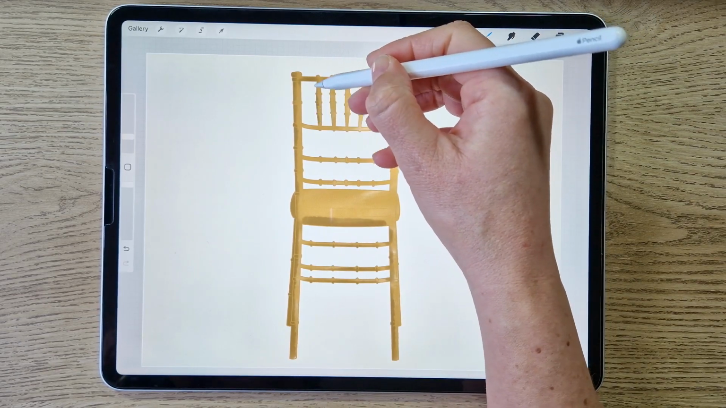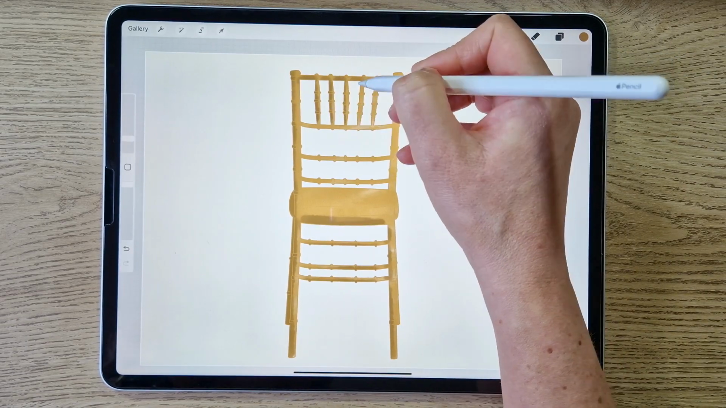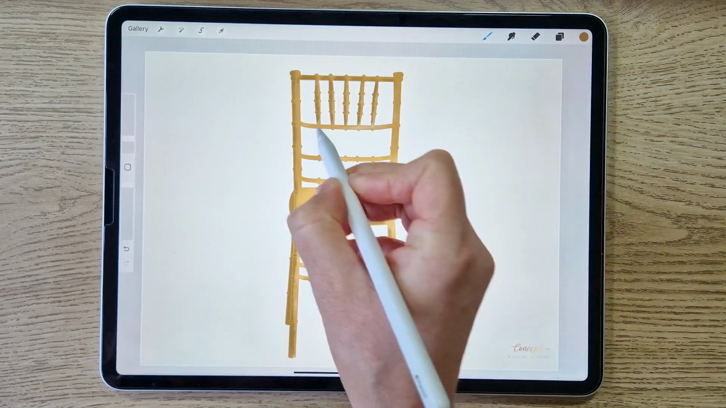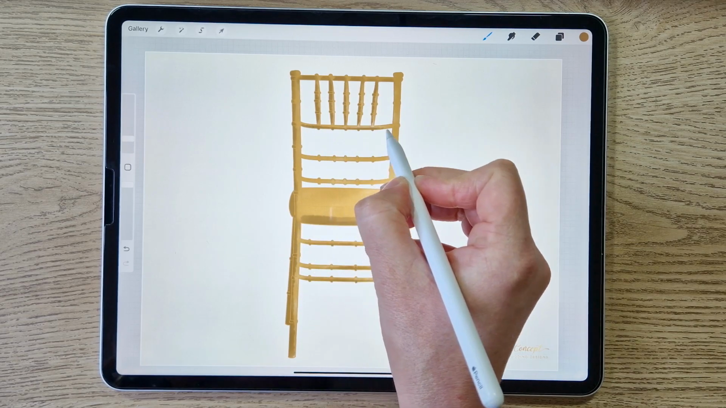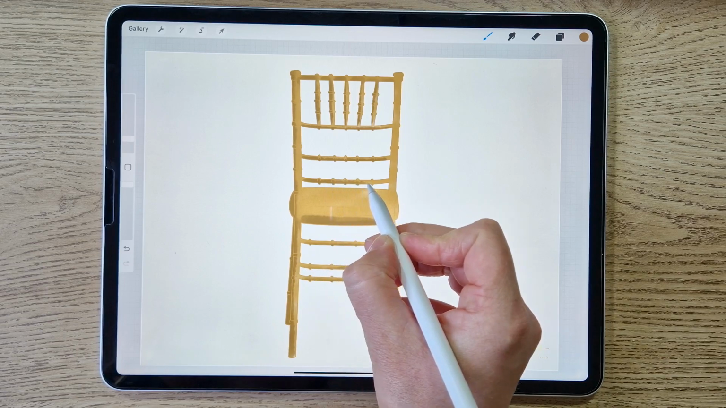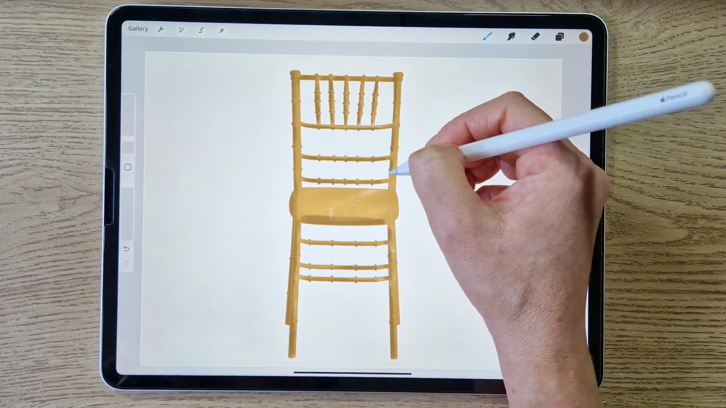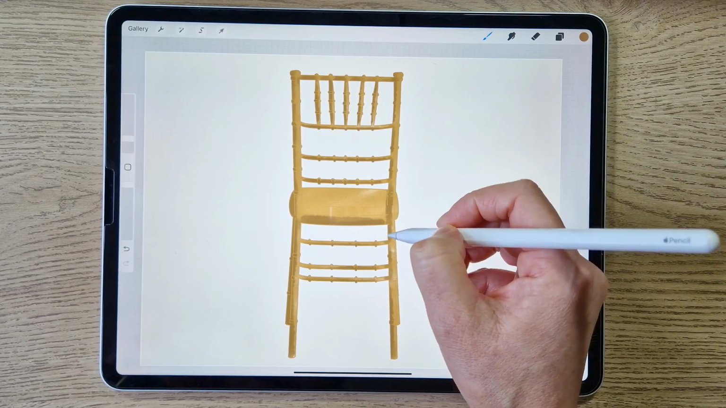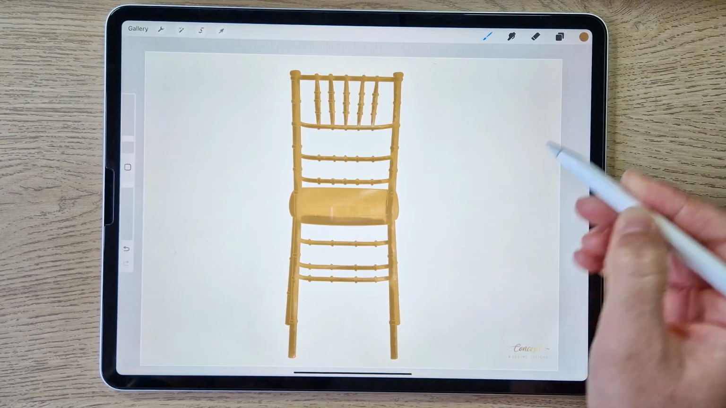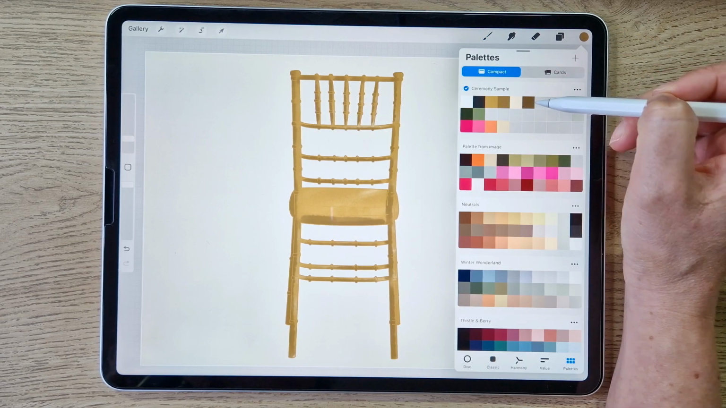So basically the under edge and the left hand side of all the parts of the chair, just very quickly add that darker colour to, again down the left hand side of this chair leg. And we're going to do that same process again, but with the darkest gold. So this colour here,